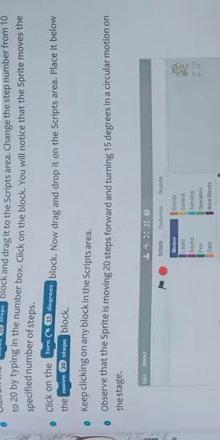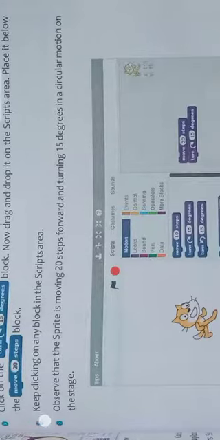Keep clicking on any block in the script area. Observe that the sprite is moving 20 steps forward and turning 15 degrees in a circular motion on the stage. Likewise, you can see move 10 steps, turn right 15 degrees, turn left 15 degrees, point in direction 90, point towards mouse pointer.